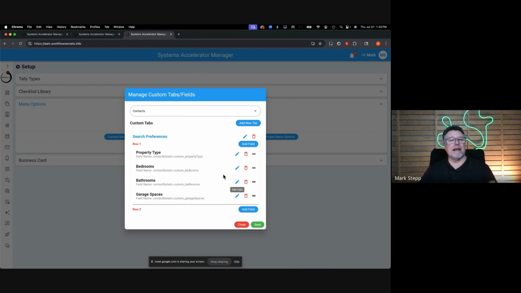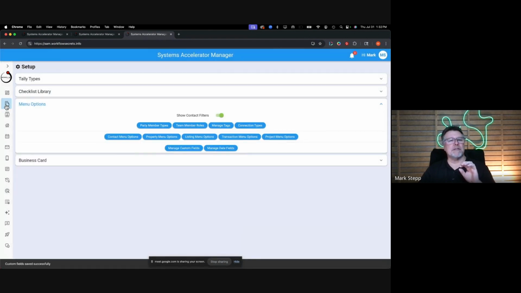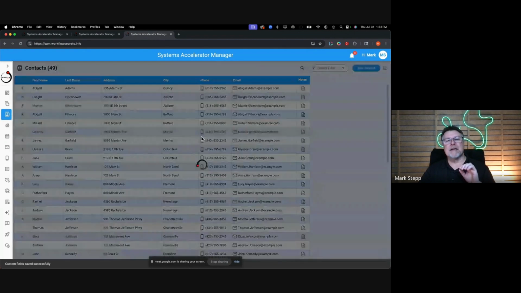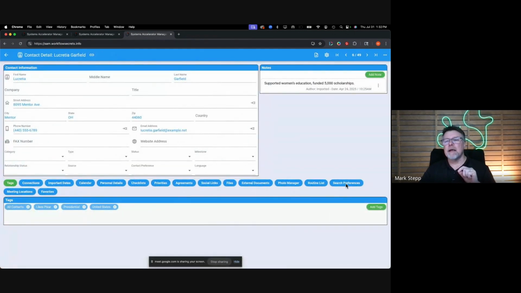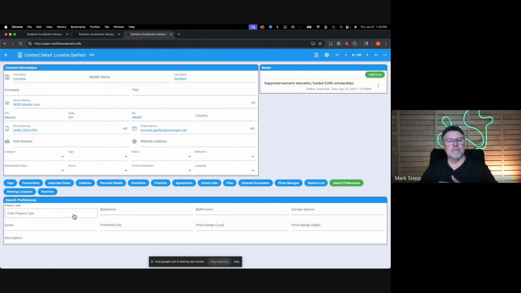And then whenever they're filling out their form, it fills out these fields to be specifically what they filled out in the form. And then that way you can just go straight to that contact record and be able to see the actual information that's in there. So here's search preferences. So this could have been a form that they filled out. They wanted a 3-bedroom, 2-bath, 2-car garage on 5 acres in